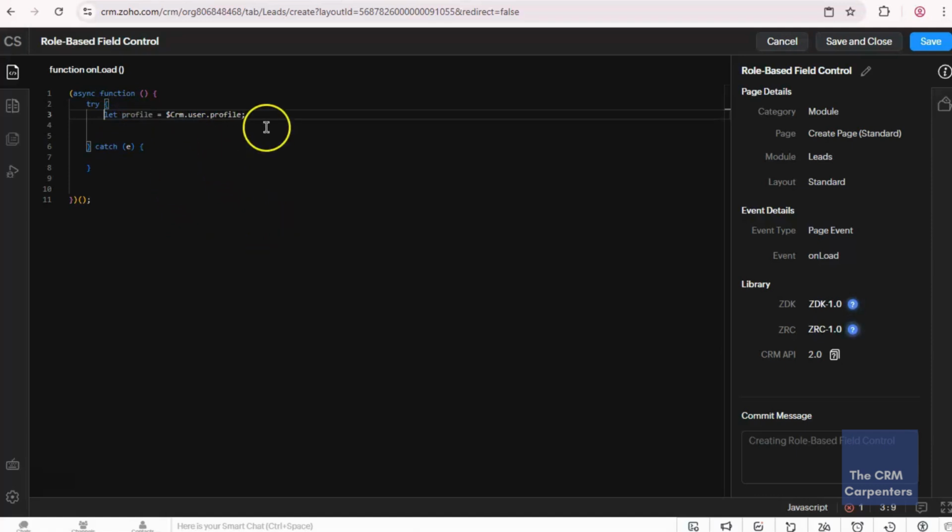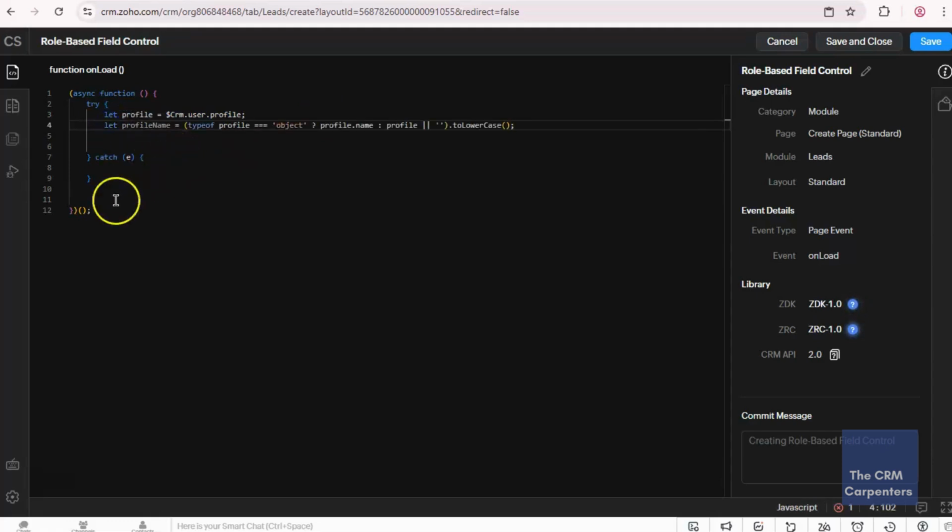So we grab the current login user's profile using the crm.user profile. And the next line, the user profile could be an object, so we safely extract the name and convert it into a lowercase format.